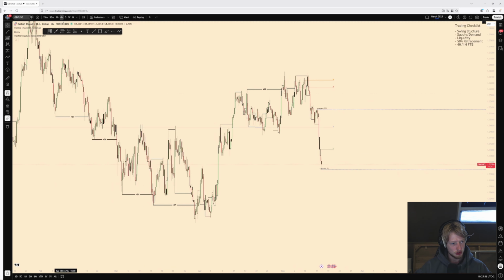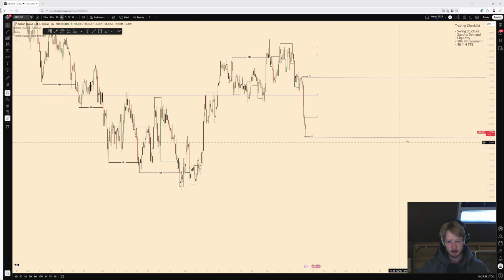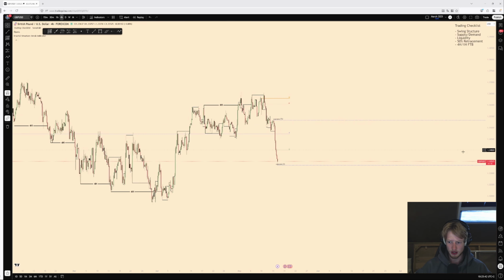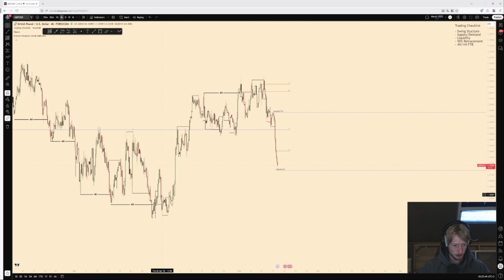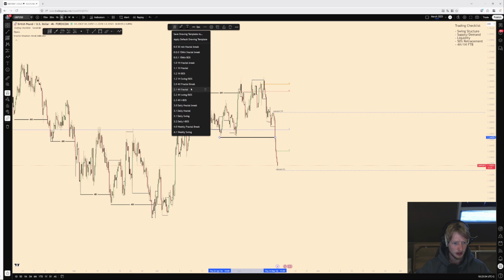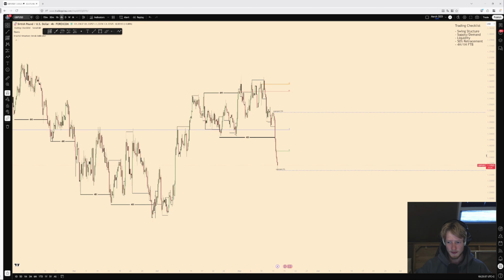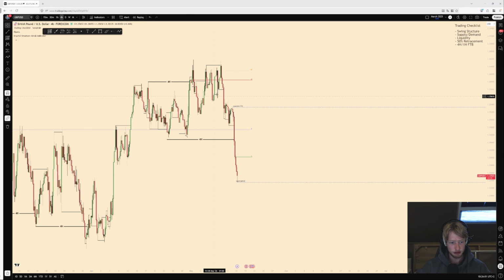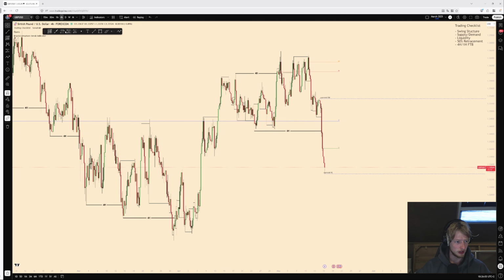Then if we look at GU, it continued down lower as well, and we are still, let me see, we broke in towards the upside here. Yep, okay, yeah, we did break in towards the downside now on GU, so this is our last 4-hour swing. Let me mark that down. So GU is now 4-hour fractal bearish and swing bearish in my opinion, because what we did over here is